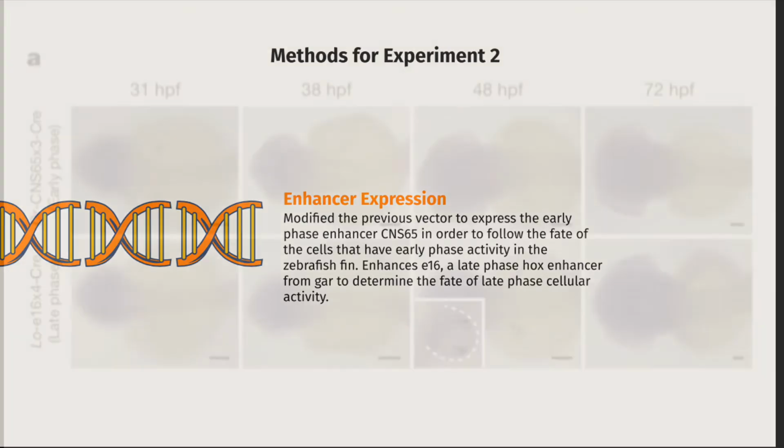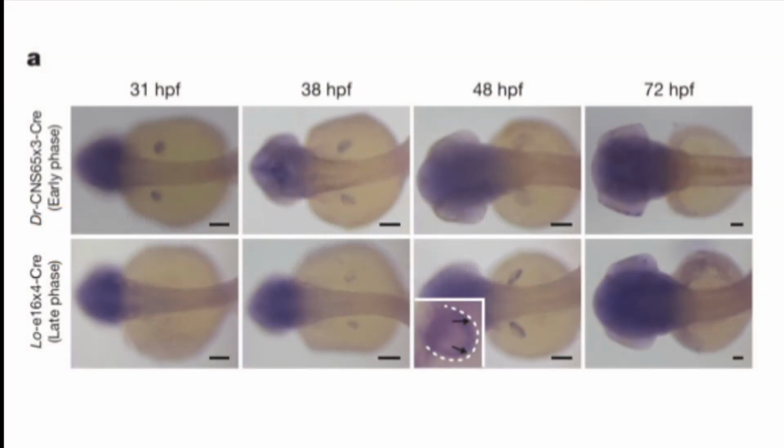So what did they see? They were looking to see where early and late phase enhancer drives expression in this experiment. On the top, we're looking at early phase through that CNS65, and on the bottom, late phase through the E16. So focusing on the top row first,